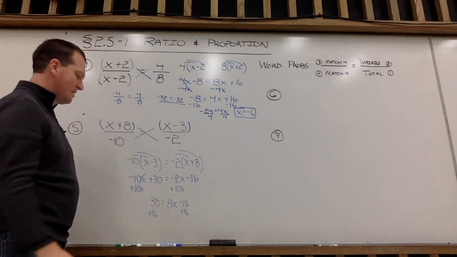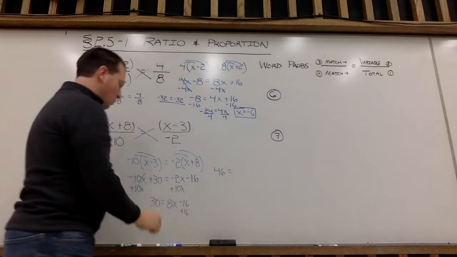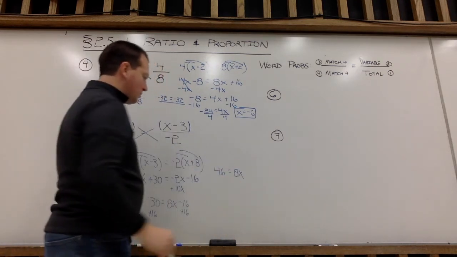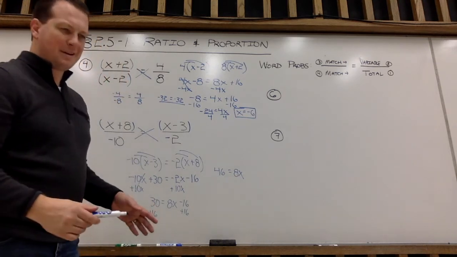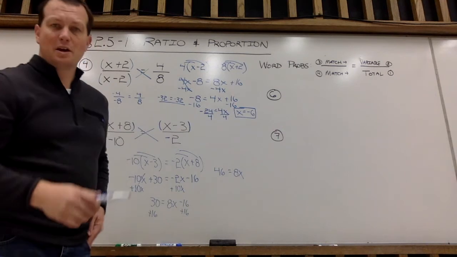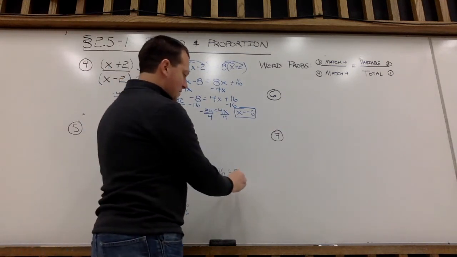30 and 16 is going to be 46. That will equal 8x. Now you might be getting a little nervous. You might be thinking, whoa, 8 doesn't divide 46. It doesn't. Sometimes you may have a fraction or a decimal answer. That's okay. So when I divide by 8,